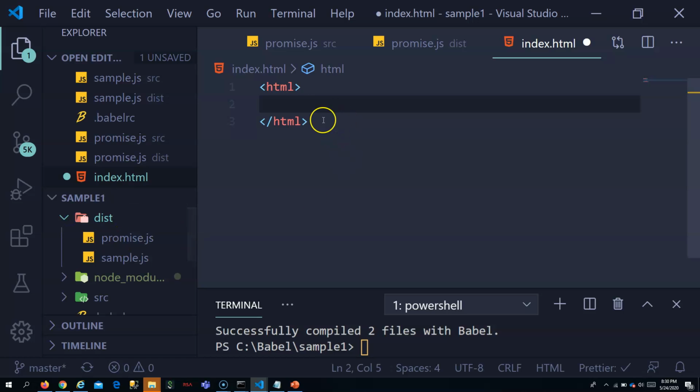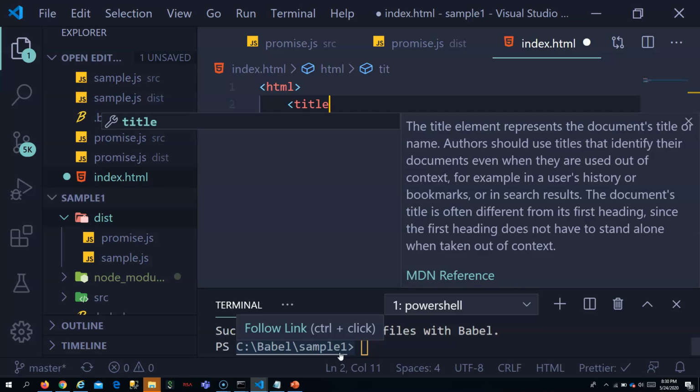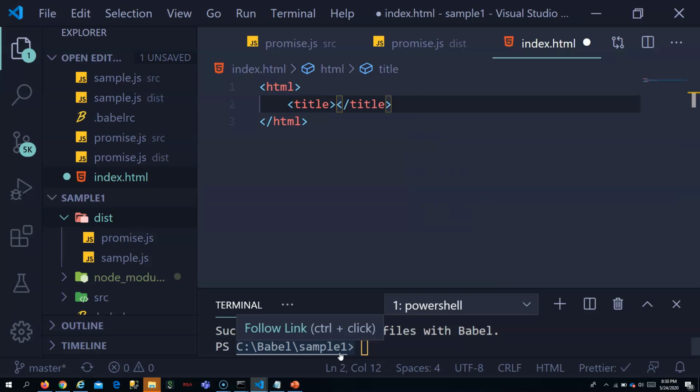This code I will try to execute in this index.html. The title can be Babel testing or something. Maybe have a body.